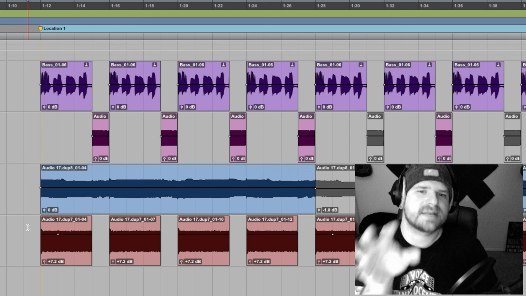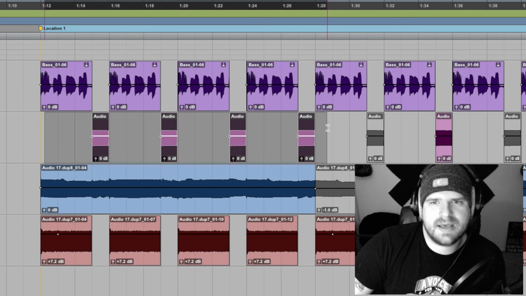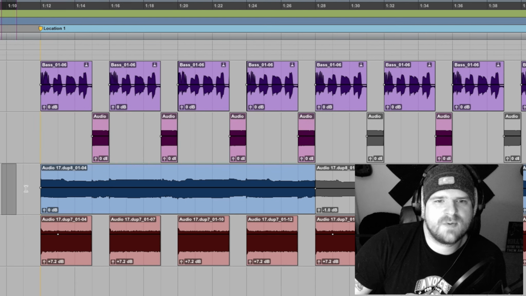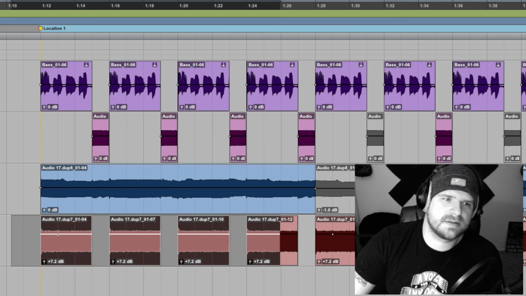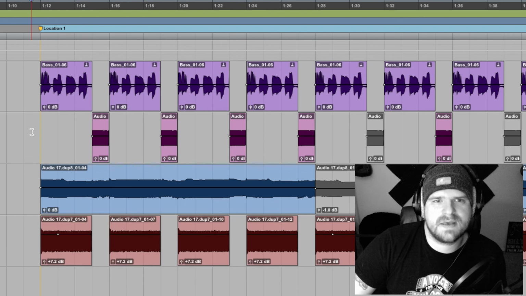And so what I did is I took these three sounds, I panned the first one all the way hard left, I panned the second one about 70 to the left, and I panned the right one about 100 to the right. So all the way to the right. So all together, these three sounds make this.